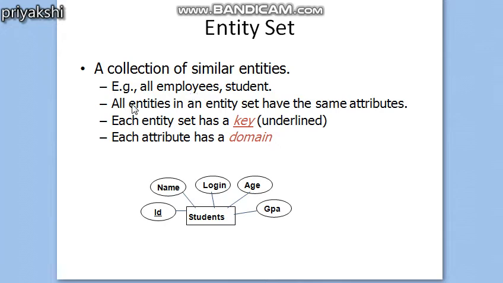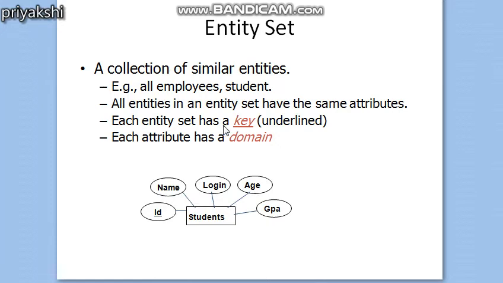All the entities in the entity set have some attributes. A student can be described by some attributes, which are the characteristics, such as roll number, name, login, age, or CGPA. All the entities in an entity set have the same set of characteristics.